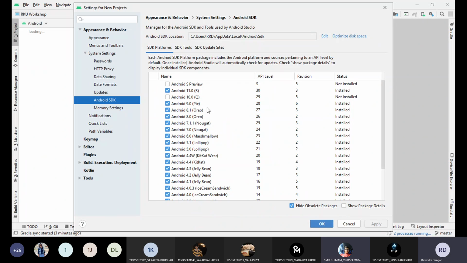Okay, sir. So that whenever you go for a bigger project, at least you can have a look at all the versions. You can build applications in each version and you can test it in different mobiles also. That's the only reason. But otherwise for me, Android 4.1 or Android 4.4, KitKat, Jelly Bean, it is fine for you. If you have installed only one, then also it is fine.